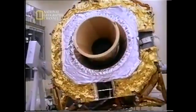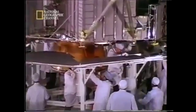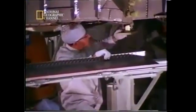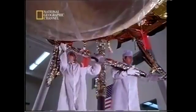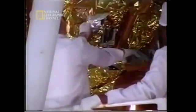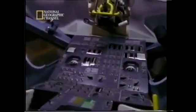The LEM will never operate in Earth's atmosphere, so aerodynamics are not a problem. The problem is weight. For every pound of weight that was brought down to the lunar surface and then back up into lunar orbit, you had to add 3 pounds of rocket propellant. So it was a 4-to-1 growth factor on weight. We went back very painstakingly through everything and cut out weight. For example, the skin, the aluminum alloy skin of the crew compartment was about 12 thousandths of an inch thick. That's equivalent to about 3 layers of Reynolds wrap that you would use in the kitchen. Inside the crew compartment, too, everything is